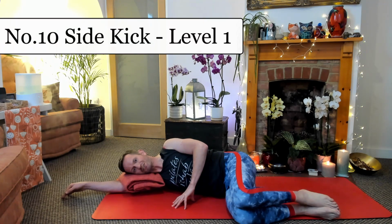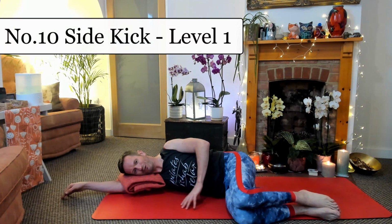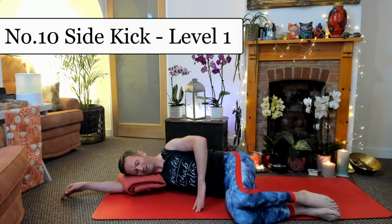So now what I'm going to do is a technique called the side kick. I'm going to bring my leg up in front of me a little bit more, so it's more of a 90-degree angle now. And I'm going to lift up the uppermost leg so it's in a nice horizontal plane. I want you to maintain that throughout the whole exercise. I engage my core, and I'm going to bring my leg behind me and then back in front of me. So that's 1,